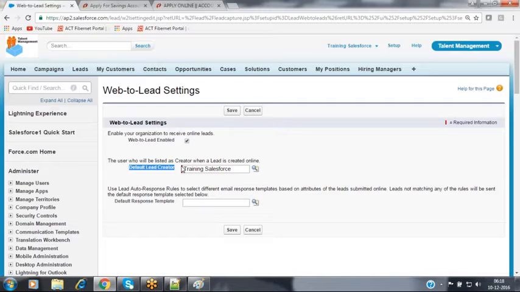Those people are not the customers of our organization. So at that time, who will be the owner for this lead record? For that, we can select a default lead record owner here. Generally people select the admin person as the owner, or else we can create a separate user for web to lead, and that person will be the owner of that lead record by default here.